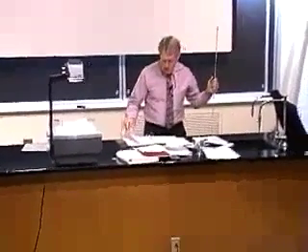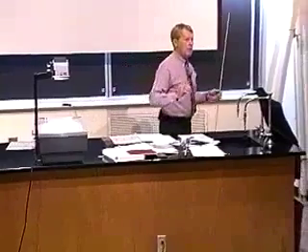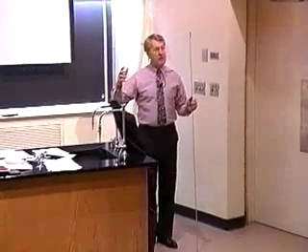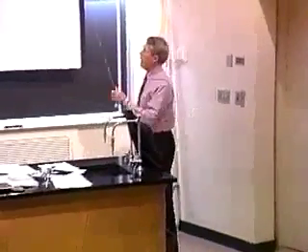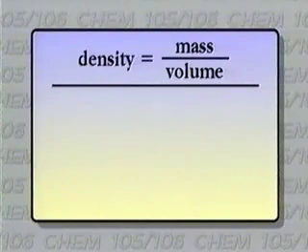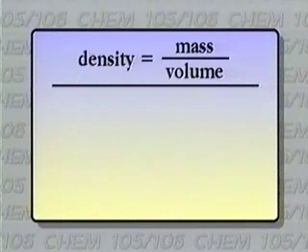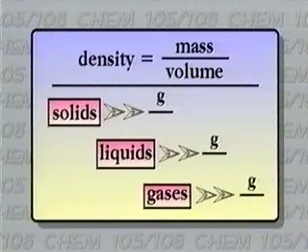In other words, whether we have a piece of lead metal, a piece of silver metal, or a piece of iron, one of the ways we can identify it is by this physical property called density. Density by definition is the mass of matter divided by the volume of the matter. All right? The units that we typically use to express density for solids,